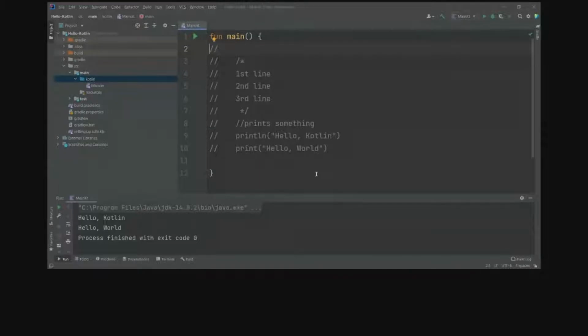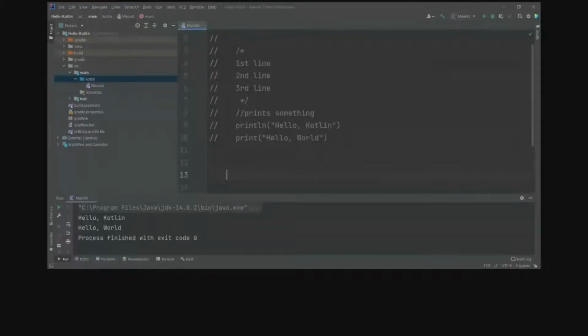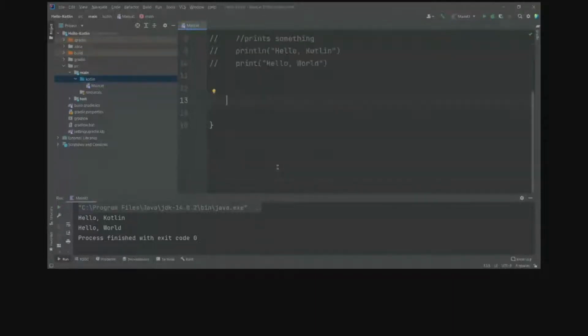Okay. So now let's come to the main part, that is variables. In Kotlin, there are two types of variables. One is mutable variable and another is immutable variable. For those who are familiar with JavaScript, you would relate to this, because in JavaScript also we have the same.